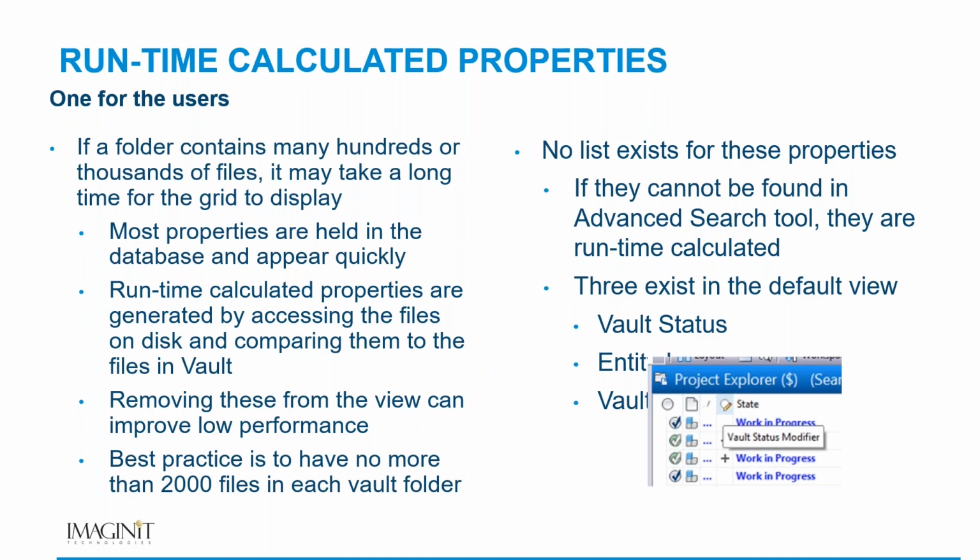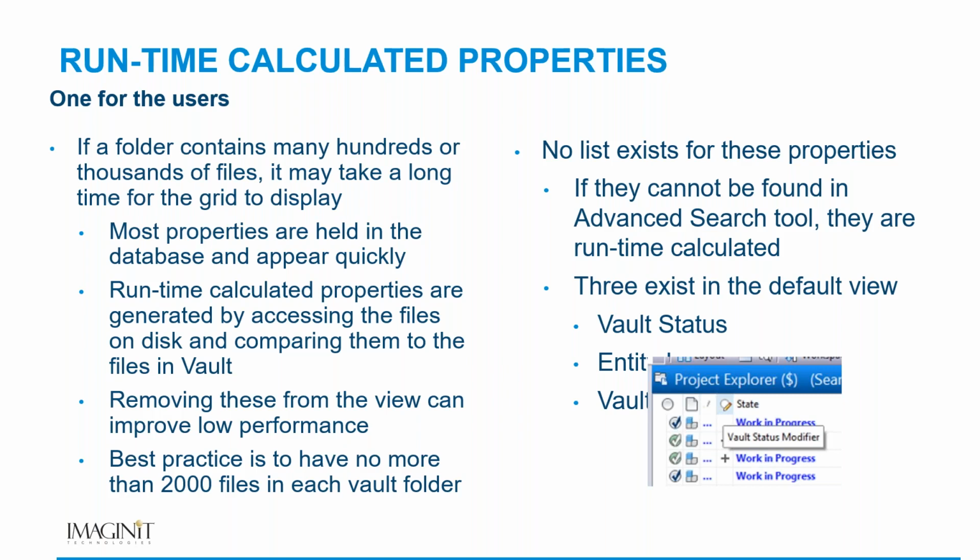However, there are some properties called runtime calculated properties. Okay? So there's our user properties, there's our system properties, and then runtime calculated properties. Runtime calculated properties are generated by taking a look at the files that are in your working folder on your hard drive and comparing it to the files in Vault. Vault status, the entity icon, there's Vault state, there's a couple of these that are specifically